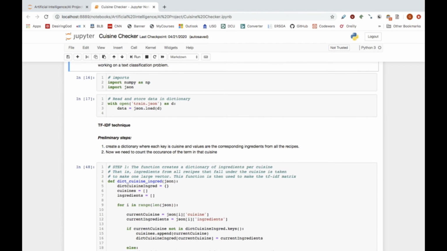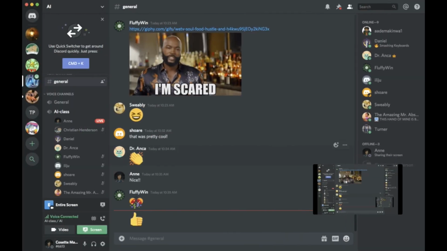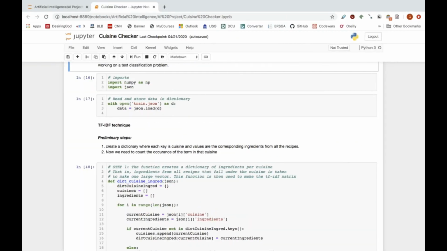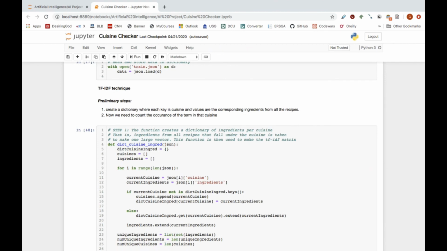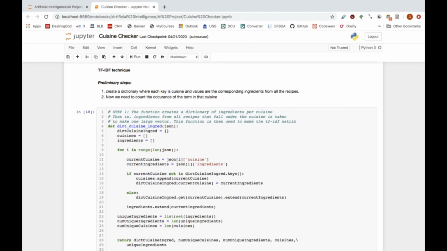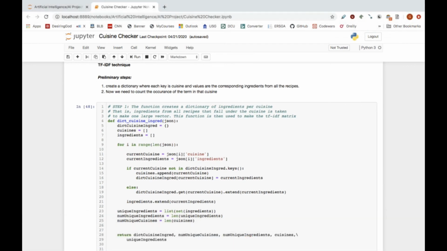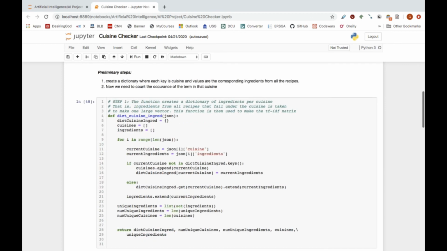So I first imported NumPy and JSON, and then loaded the train.json file. Then I started with the TF-IDF technique, where I created a dictionary and arrays for cuisines and ingredients. In order to run TF-IDF, I did it in two steps. First I created the dictionary and took all the